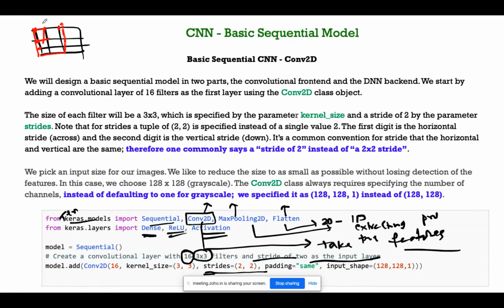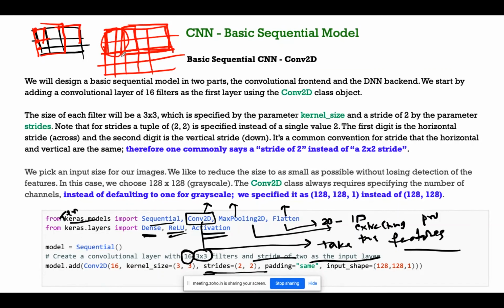So 3x3, right? This is what I have given, 3 only. Sorry. 1, 2, 3, 4. I'll read the first 3, then a stride of 2, so that I will leave these 2 elements. So next one I'll read this.